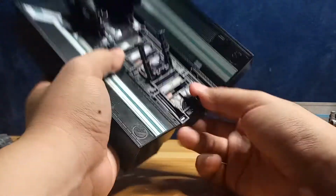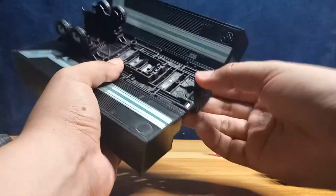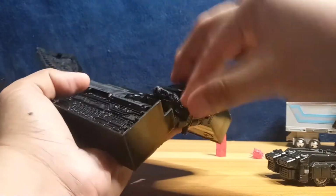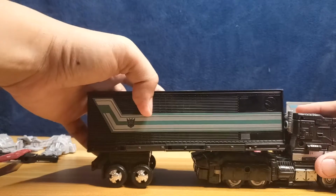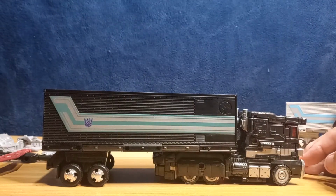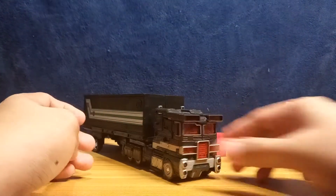You could actually feel that some of the plastics here are way softer than the ones that they use in here, because you could feel it. There's a give to it that's not there. So anyway, hide those and then close this up. And now you could place in here. And for the people that say that the Earthrise and the Siege Optimus Prime is not compatible with the Earthrise Prime trailer, look,